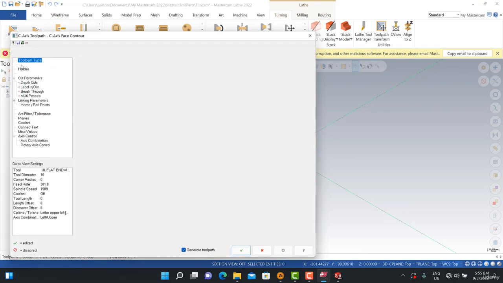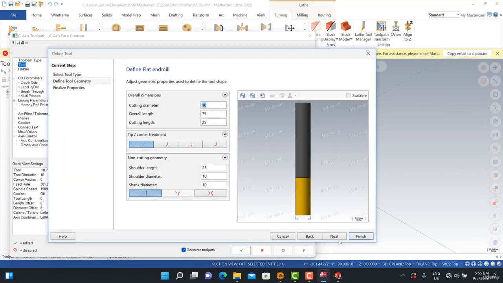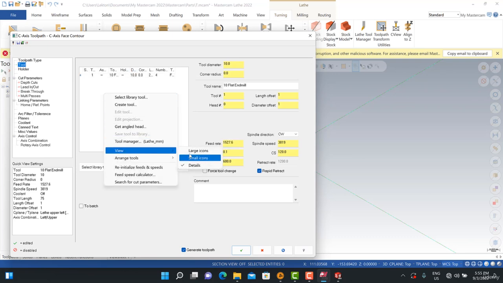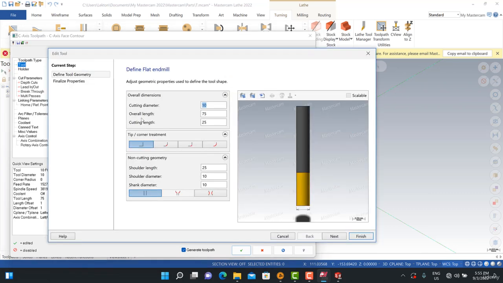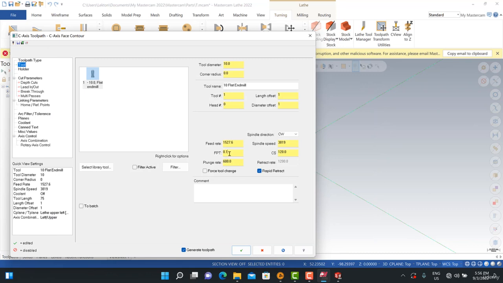Okay, anyway, I can click the right mouse button and create new tool, and it can be 10 mm diameter. So we can write our feed rate, we can write our cutting speed here according to my tool diameter, spindle speed and feed rate calculated automatically. Okay, we can use here view, large options, and then we can use the edit tool. If you would like to see, we have 4 number of flutes here, and then that's FPT 0.1, it's calculated